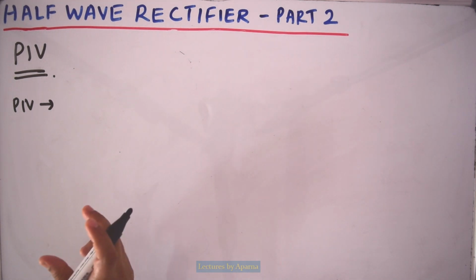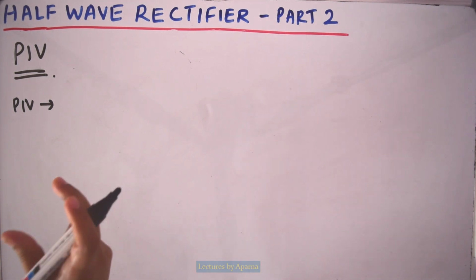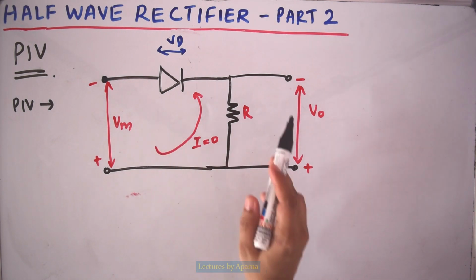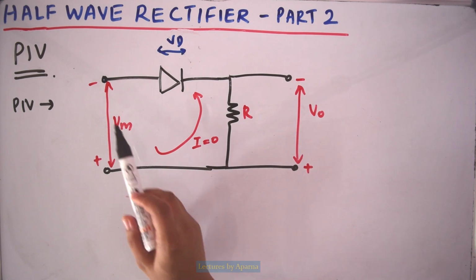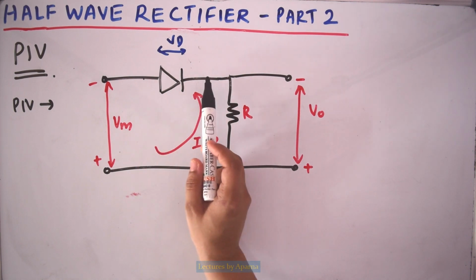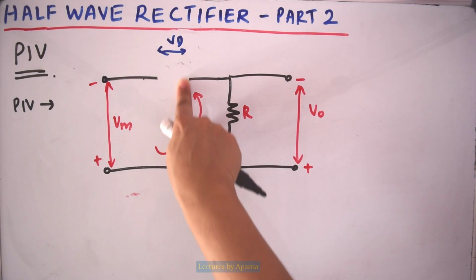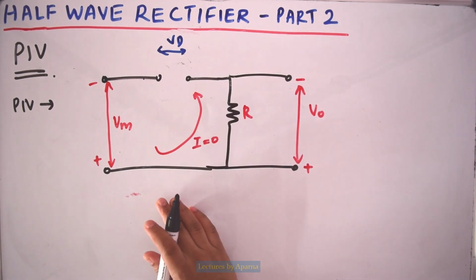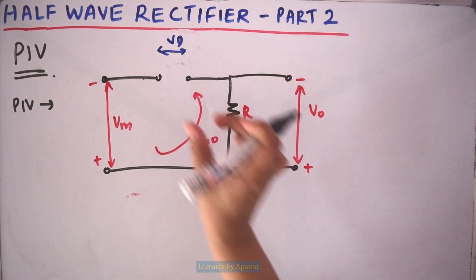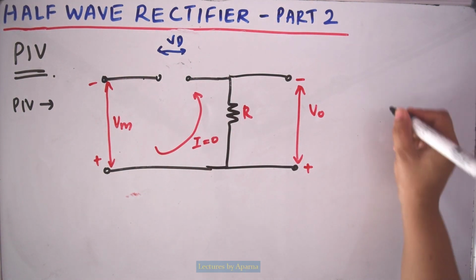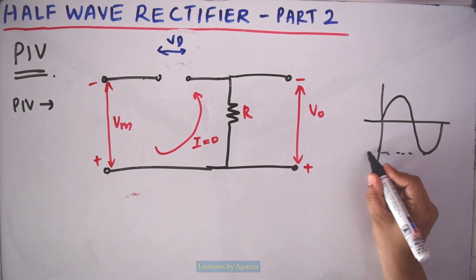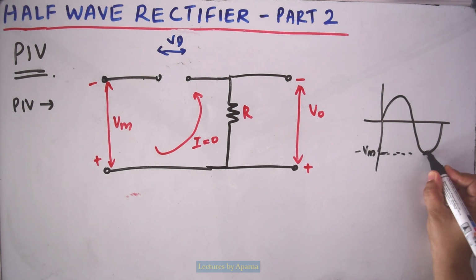So peak inverse voltage rating for a half wave rectifier can be determined from the diagram shown. This is the case of a diode in a half wave rectifier which is reverse biased, because it is the negative polarity that is coming here. So this region will be at a lower potential compared to this region, and so the diode can be replaced by an open circuit. Here Vd is the voltage across this point, and we are considering the instant when the input wave is reaching its peak value in the negative half cycle, that is minus Vm.